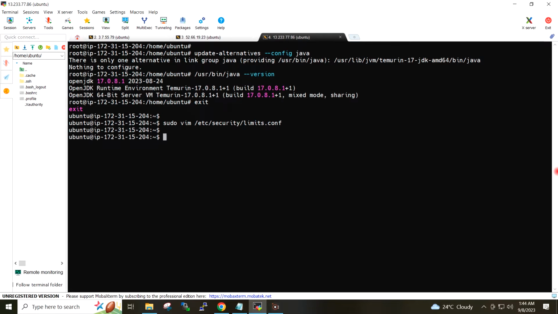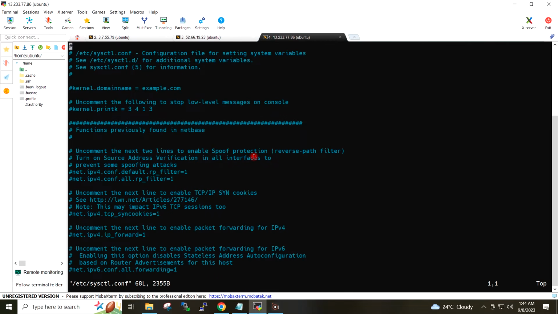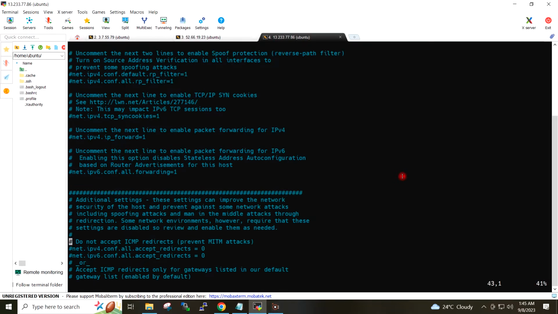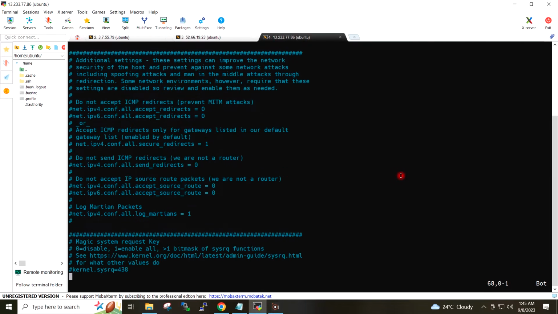Now I will increase the mapped memory regions. So I will open this file and I will go to the end of this file and I will add this line.